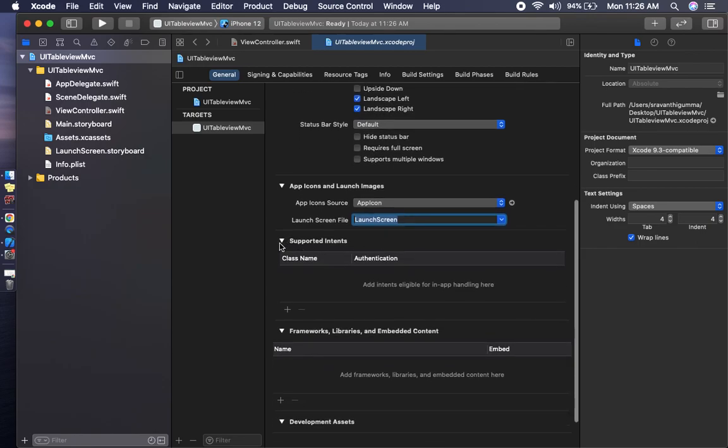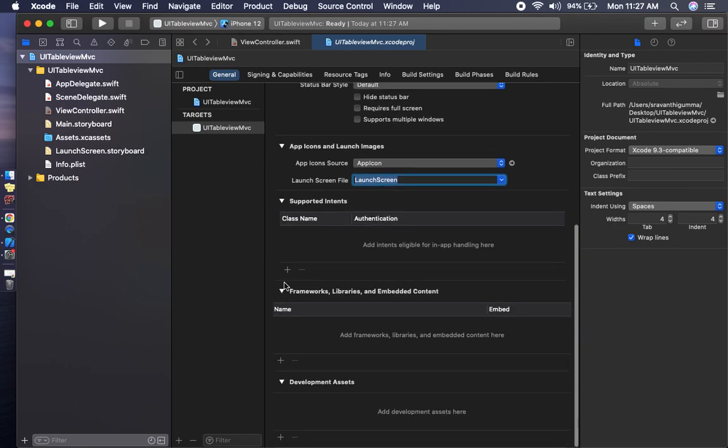Supported intention means we have to give extras like libraries and frameworks, and mention them in frameworks, libraries and embedded content.